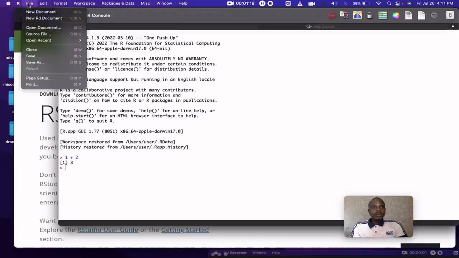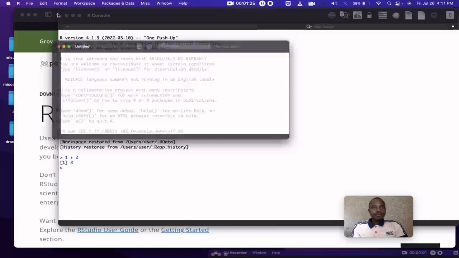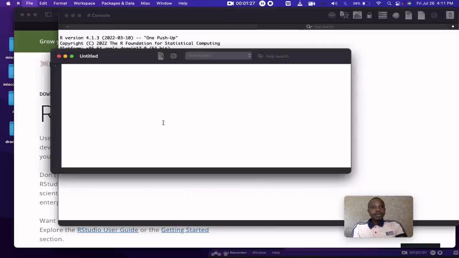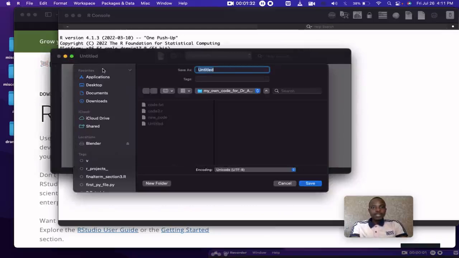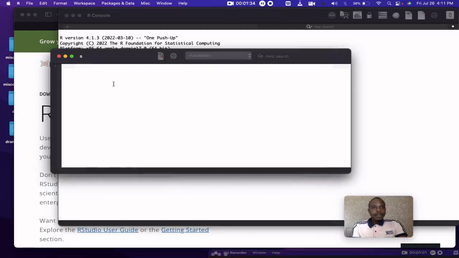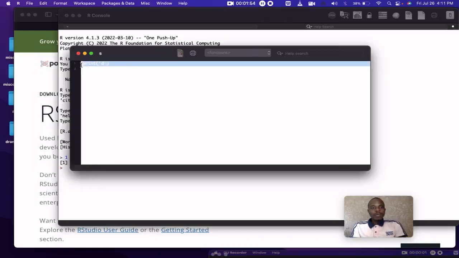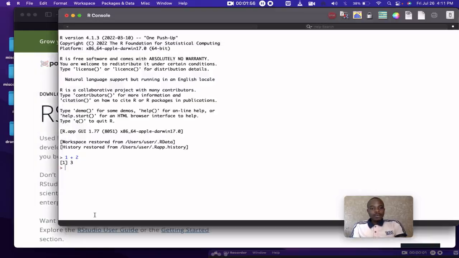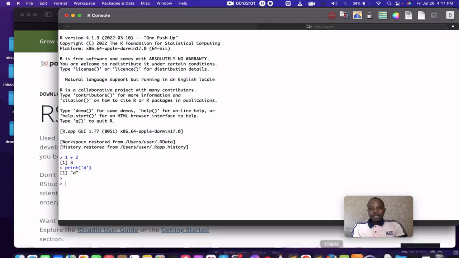But you could just come to File, and then say a new document, and then it brings something out, Ctrl S. You may save that document as anything you want. So supposing you save it, and then you can begin to write your programs here. When you write anything you want to run, you can either copy everything, then paste it on the console, and it will do just what you want for you,